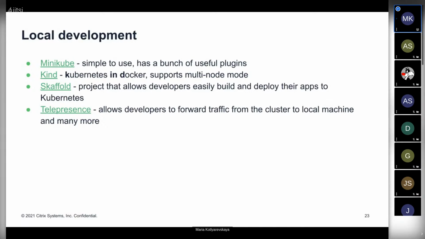And Telepresence is a bit different. This tool allows developers to forward traffic from the cluster to the local machine, and it can do many more things. So if a developer needs to debug something inside Kubernetes and wants to receive some traffic from the cluster on their local machine, they can use Telepresence, and they don't need to use kubectl commands.